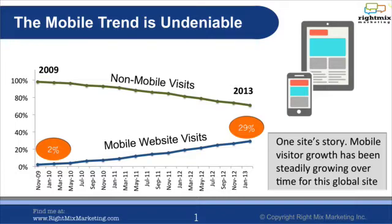So I wanted to do some research, and rather than looking at big data and tons of data points out there or surveys, I decided to look at little data. I looked at actual companies' analytics to see the mobile trend. For this one, I took one of the larger sites that I work with. It's a global site. It's been around since I think 2008, and it has had a significant amount of traffic that whole time. So I thought this would be a good way to see how the mobile trends are impacting this one site. And as you can see, from November 2009 until March of 2013, the mobile traffic to